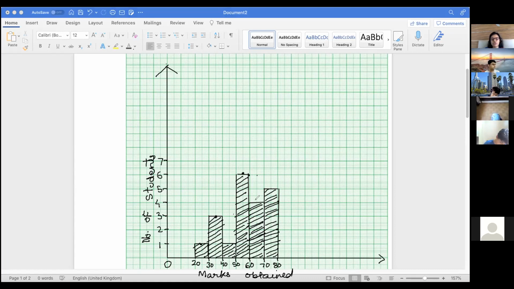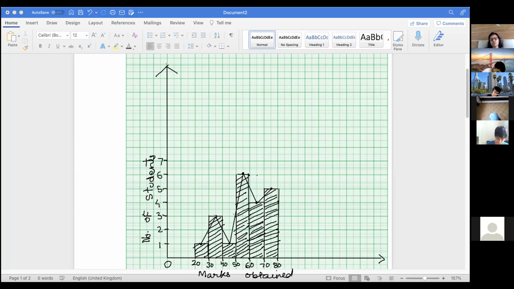So mark these points. I have marked the midpoints of the top edge of the rectangles. This one I left. Now I will join these using a scale. So let us use the scale and join these dots. It should be the midpoint. On the graph you can easily get the midpoint.